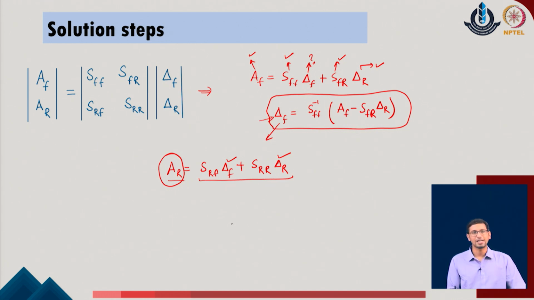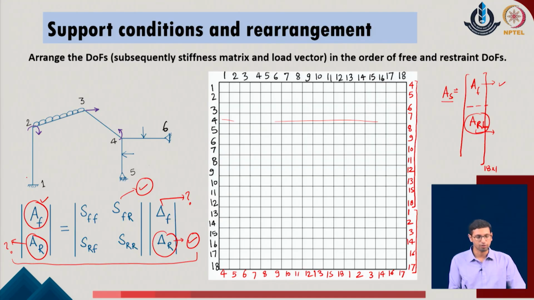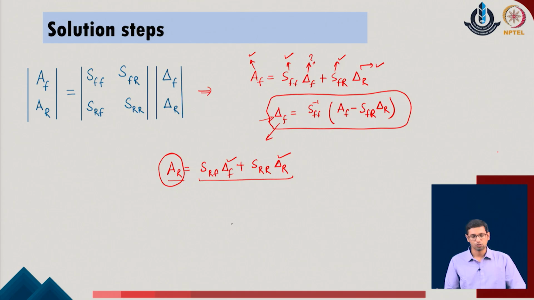Whereas the loads which are directly active in the direction of these restrained degrees of freedom, say at this particular degree of freedom, if there was a contribution of the load which was already coming, that has not been added in the analysis at any point, because the respective values with respect to those degrees of freedom like 1, 2, 3, 14, 16 and 17 have not been added anywhere in the system. So, those individual load contributions which have been evaluated in the direction of these restrained degrees of freedom, we need to add the contribution of the reaction due to that, and as these are the external loads active on the given system, the reaction will be opposite to that.